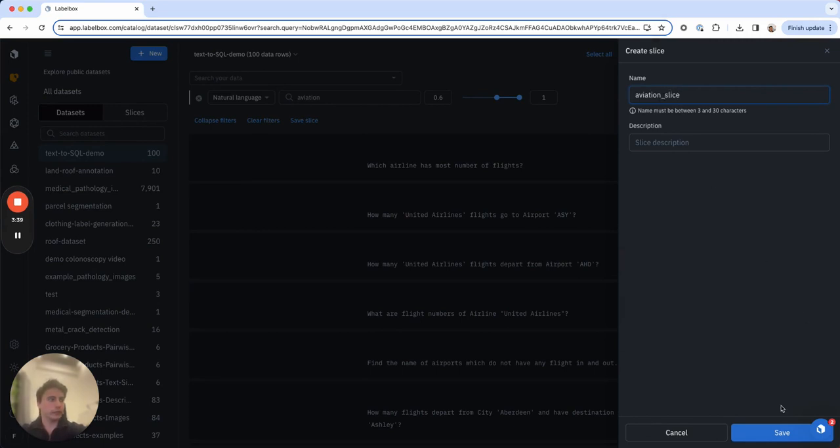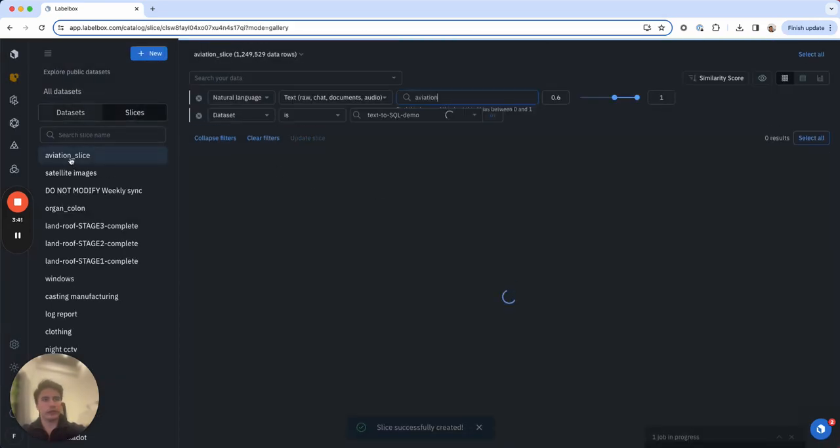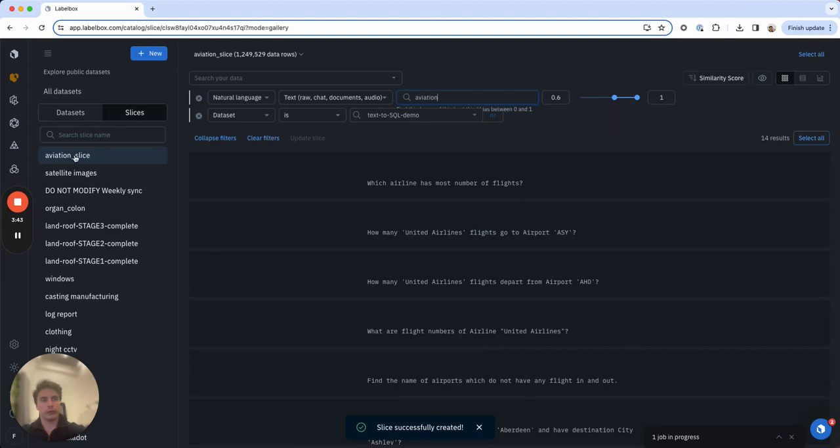The advantage of a slice is we can think of this as a subfolder within our repository. In the case that we're uploading more data in the future, as and when data rows are uploaded that meet the criteria specified at the top of a slice, these will automatically be filed accordingly, allowing us to curate over time our overall repository. Now that we've identified a useful subset of our data, we can go ahead and begin